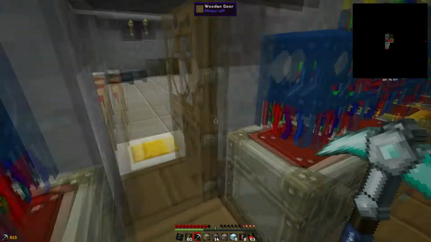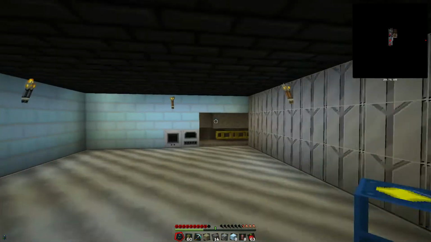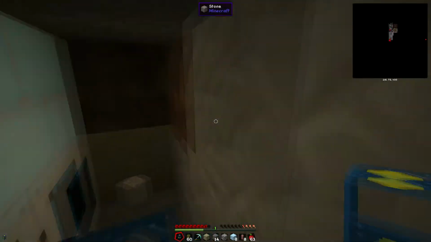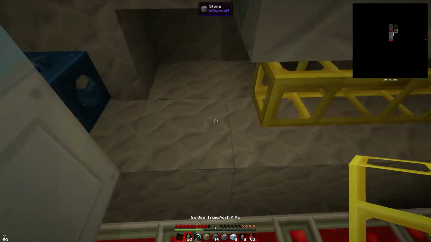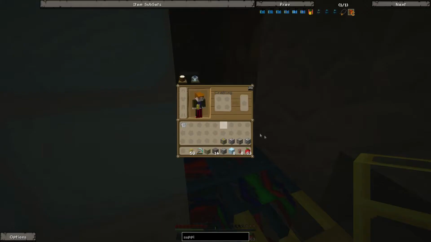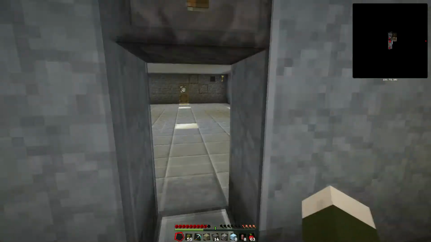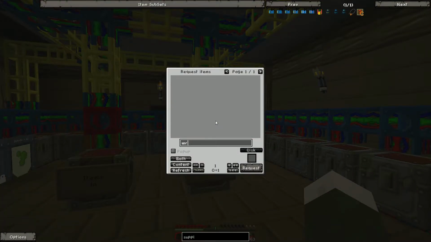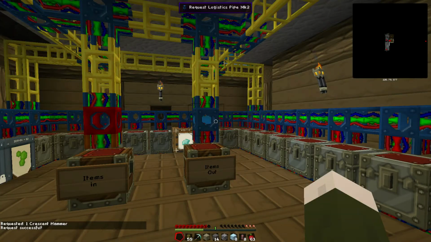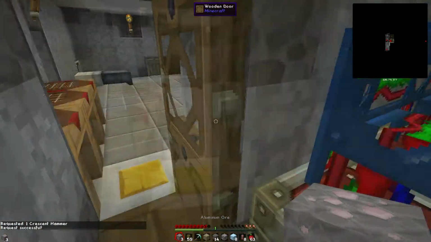So, if we go over and put our supplier logistics pipe down behind our pulverizer, which is this one. Now I've set that one up to input, that one out to output. And if we don't have a wrench on us. God damn it. Always something. If we grab our wrench, oh no, it's not a wrench, it's called a hammer. If we grab our crescent hammer, should scooch into our items out chest. If we grab our crescent hammer,